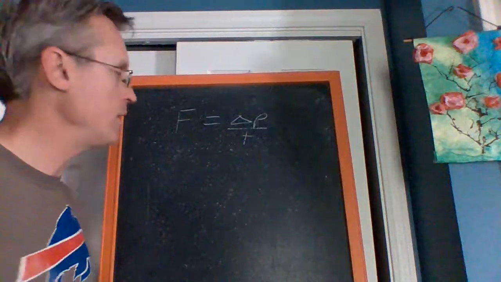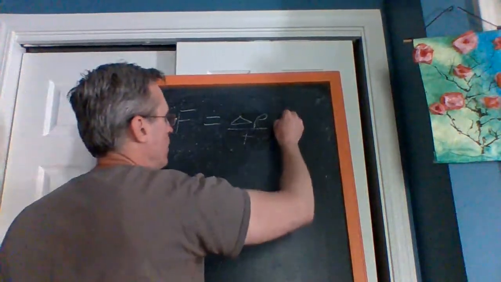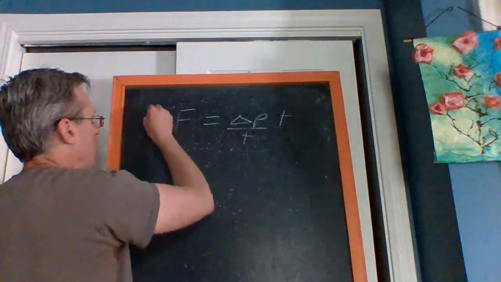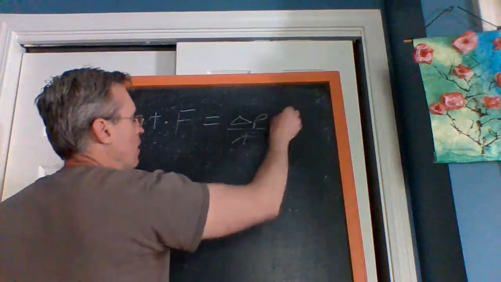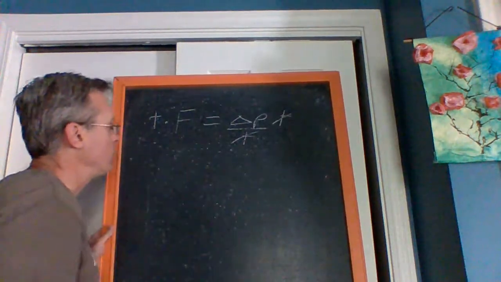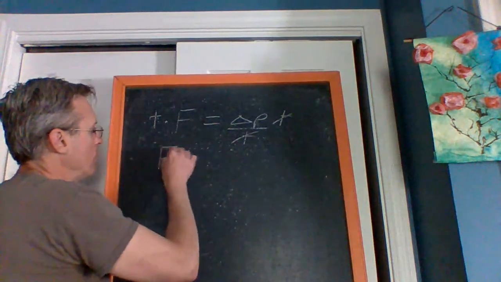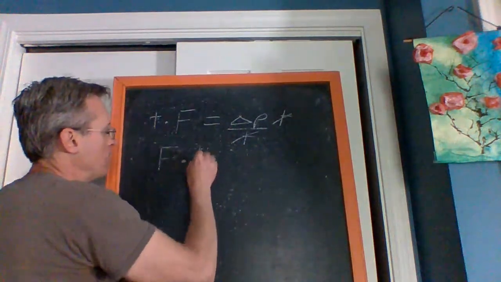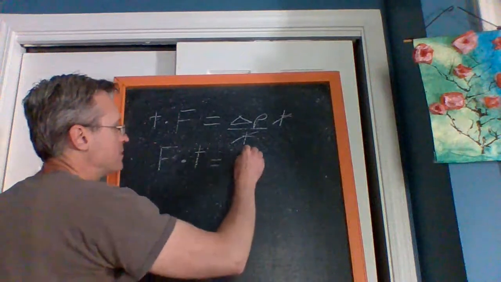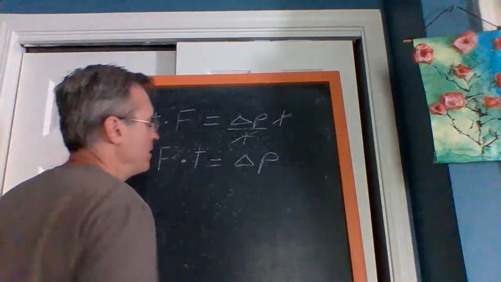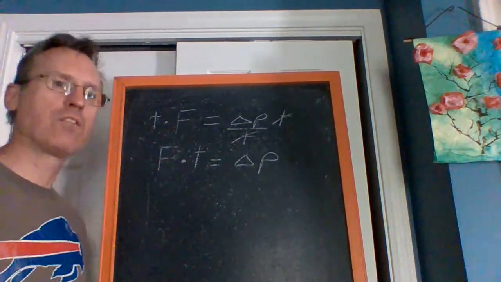I'm just going to rearrange it. All right, so what I'm going to do is take the t and multiply it on both sides right there. It's going to cancel there, and it's going to go onto this side right here by the force variable, and I'm going to rearrange it just because I like it better this way. All right, and now I'm going to read this equation and slightly interpret it, because like I said,